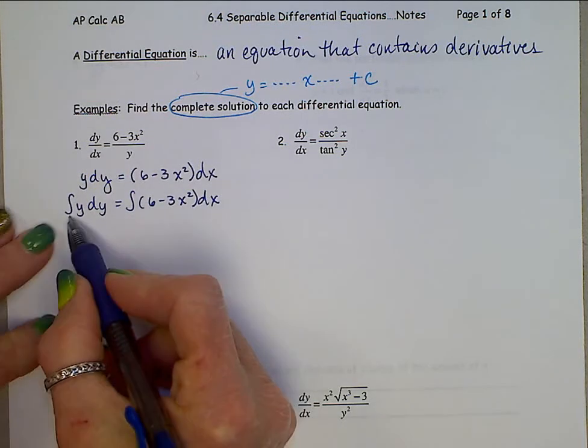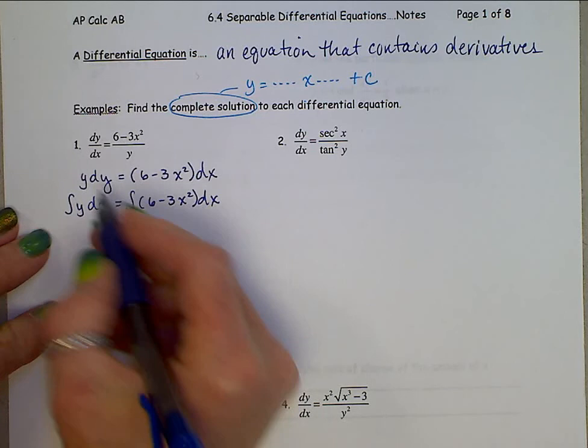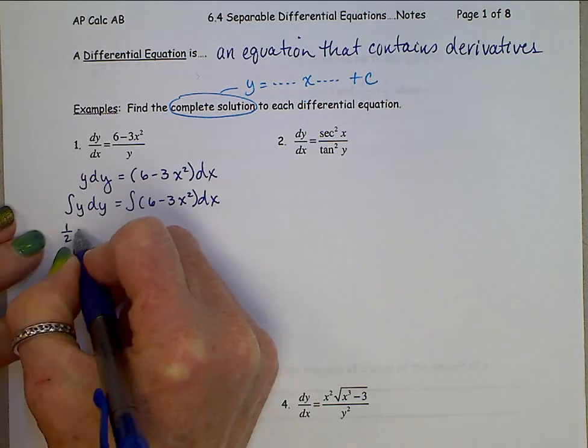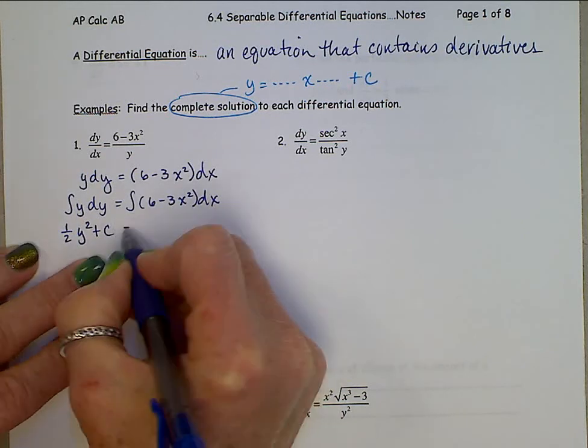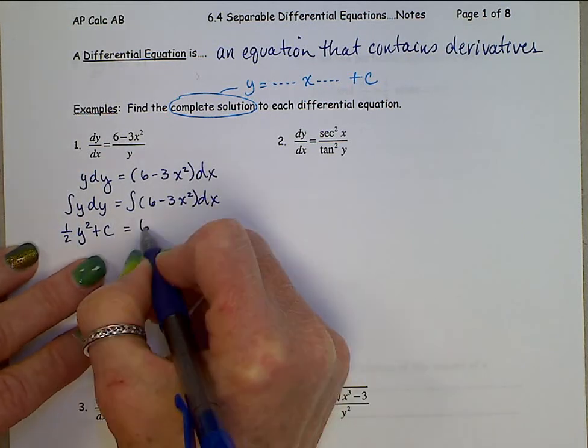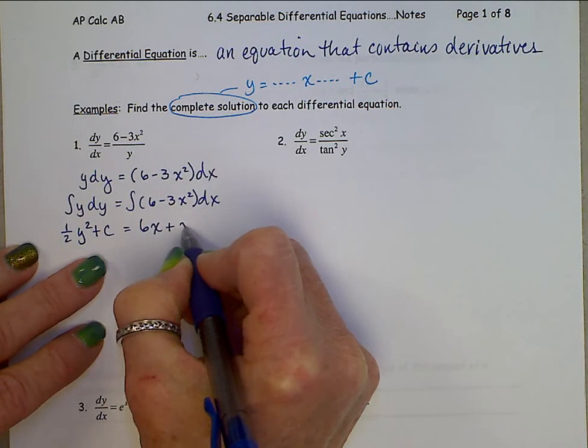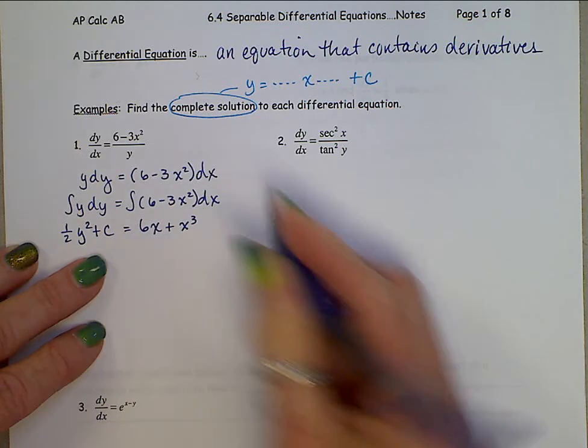Anti-differentiating this, we get 1/2 y squared plus some constant c. On the other side, we have 6x minus x cubed